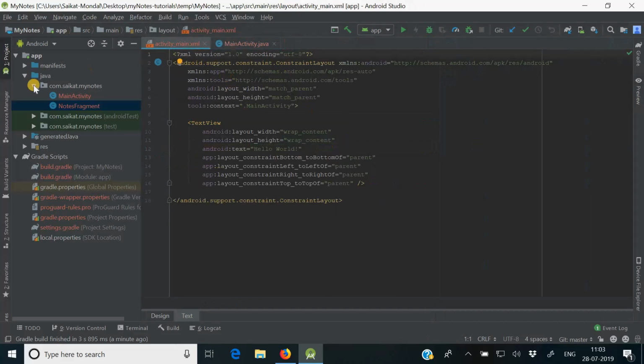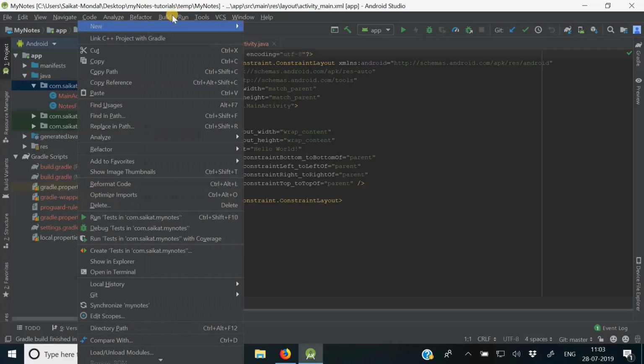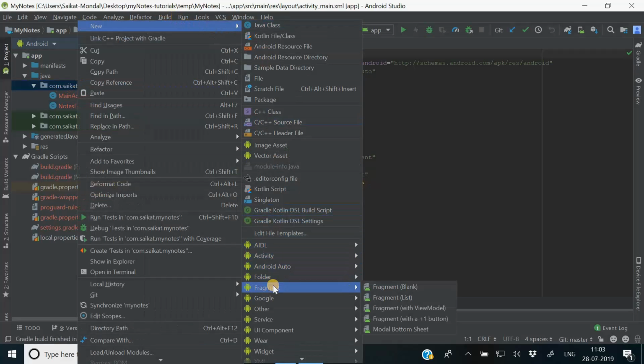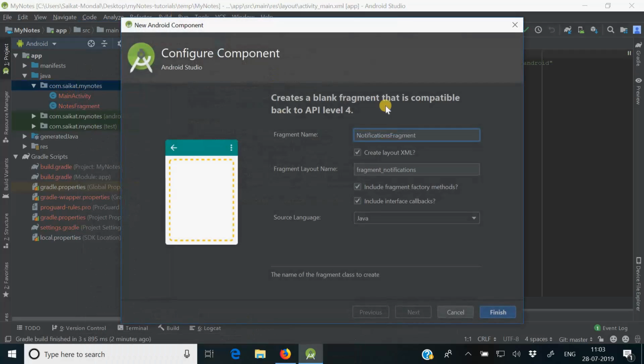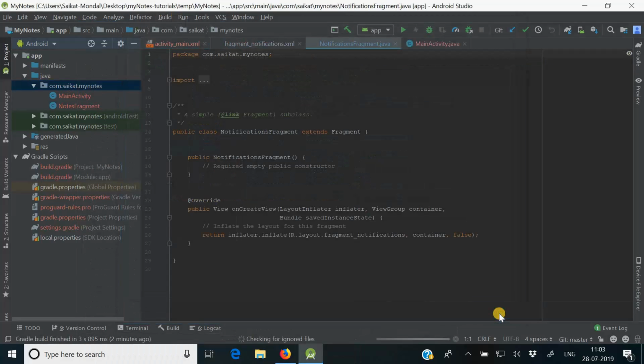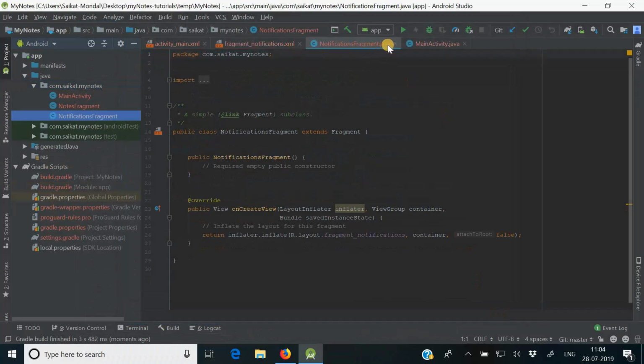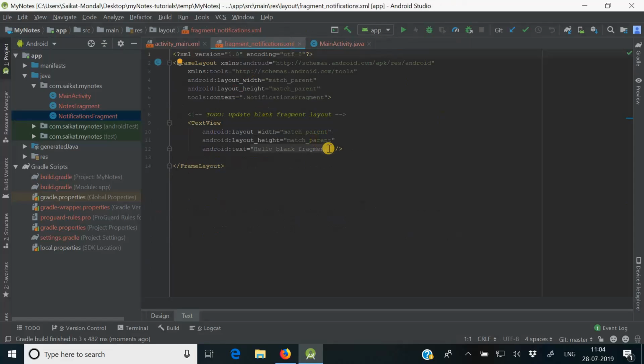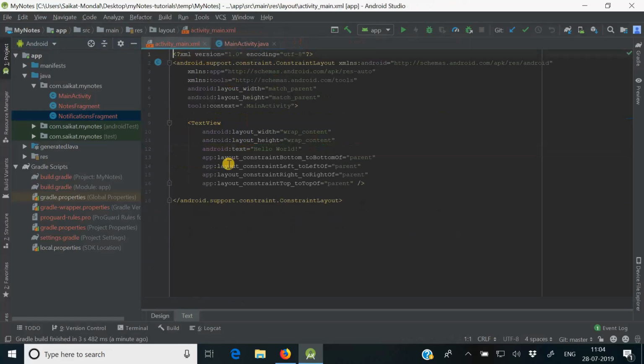We'll need to change this, but before that I will add another fragment for notifications, blank fragment notifications, and I will not include this, and finish. So this is done. Now again I will change this to notifications fragment. Okay, so this is done. Next